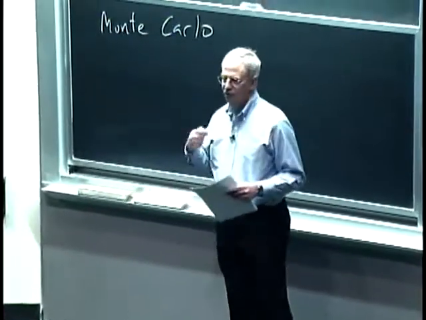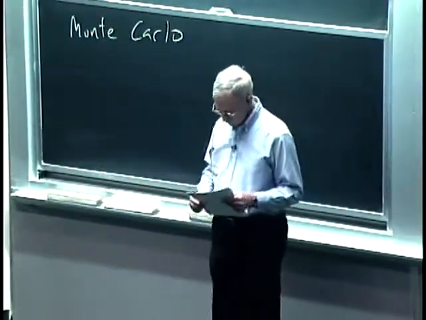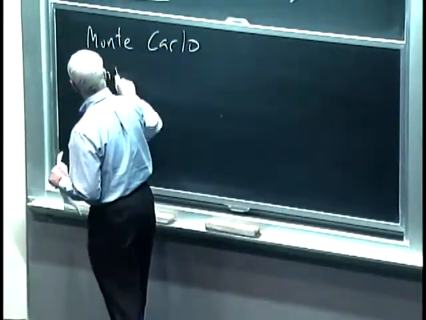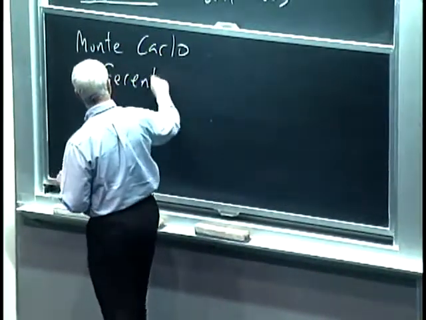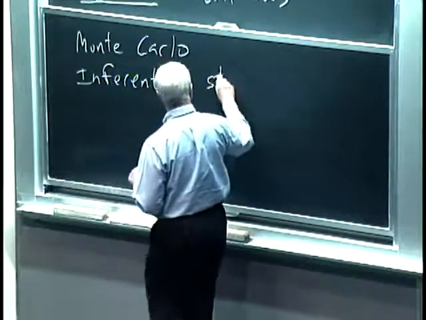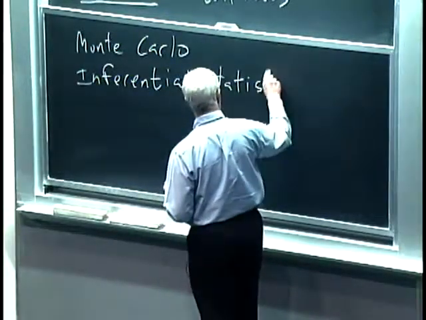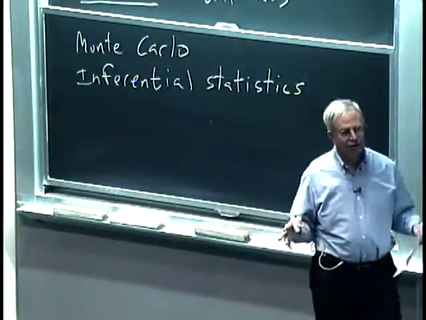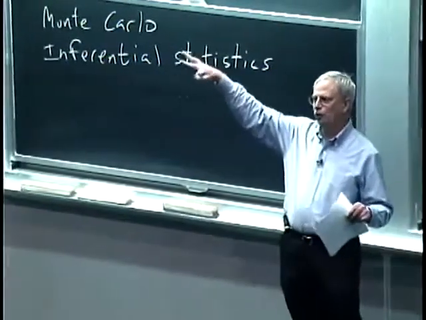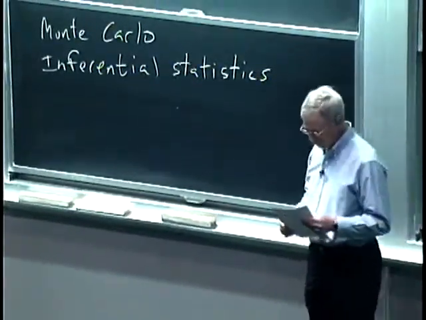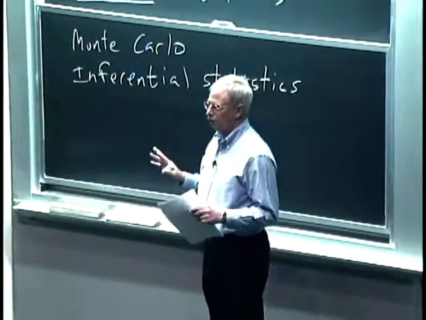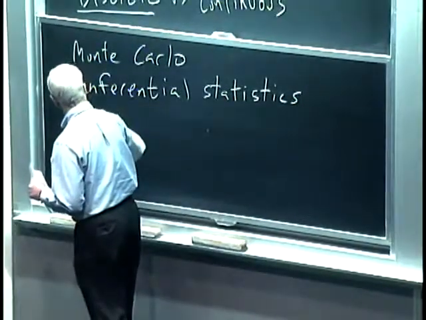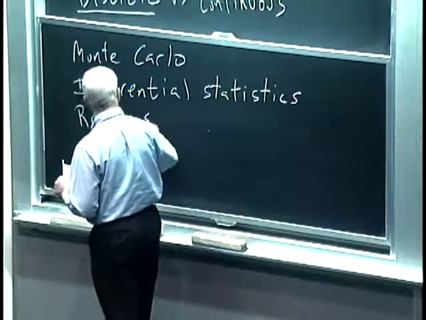What is it that makes this approach work? And in some sense, I won't go into a lot of the math, but I would like to get some concepts across. This is an application of what are called inferential statistics. You have some sample size, some number of points, and from that you try to infer something more general. We always depend upon one property when we do this. And that property is that a randomly chosen sample